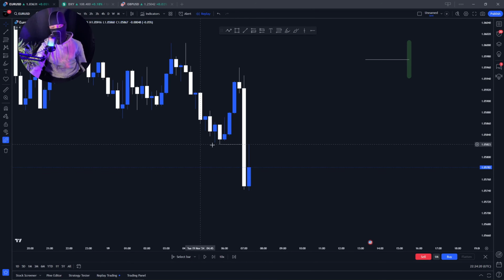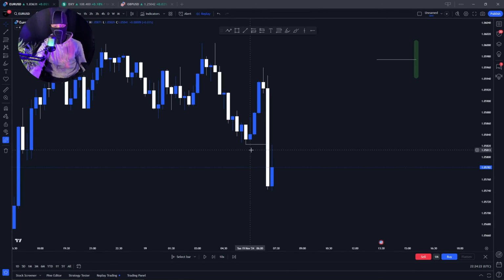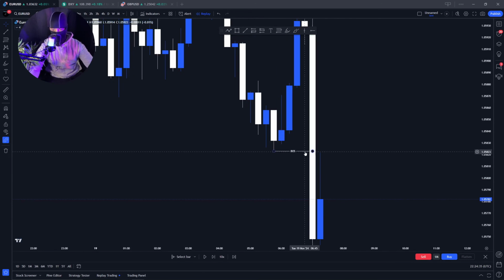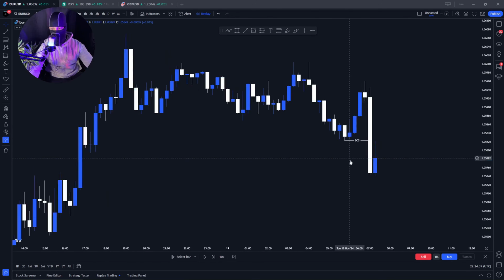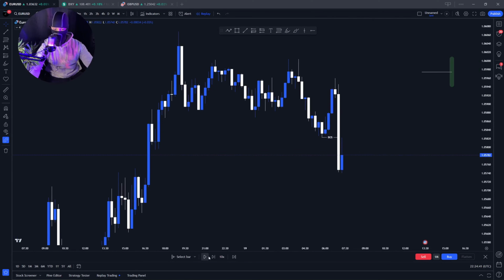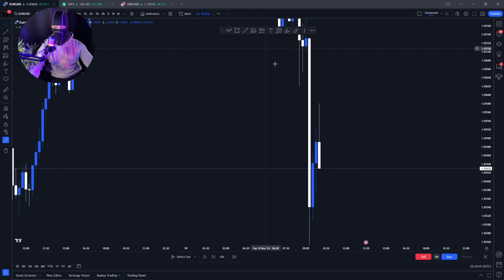Is this here a valid breaker structure towards the downside? I'm going to give you guys 3 seconds to figure it out. Correct. It is a breaker structure. Why? Because this is a swing low. How do I know? Because the candle on the left is all the way up here. The candle on the right is all the way up here. And we have a body closure below the swing low. So this is indicating to me that price wants to continue going down. As you guys can see, price continues going down.